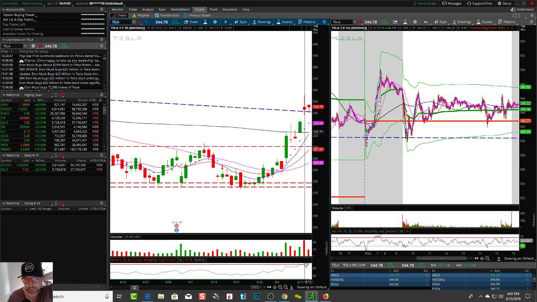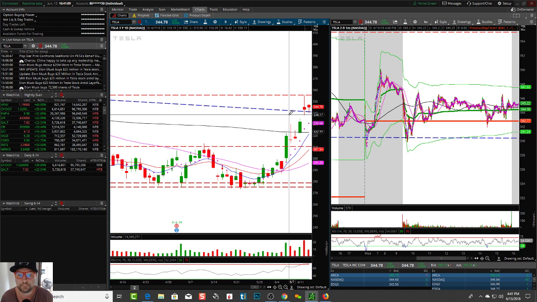Look at how overextended it is on the daily. But if it's going to go up, what does it do? It has to break above 355. So now, support, resistance, price is right in here after it broke out of angular resistance. It would make me nervous, that's for sure.